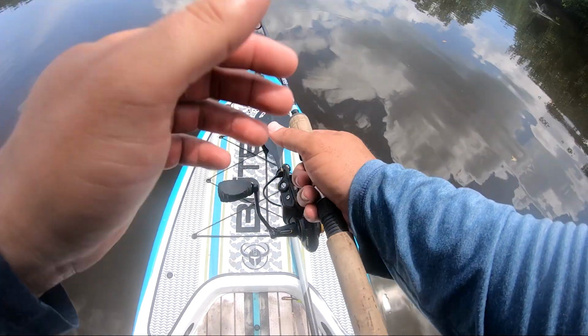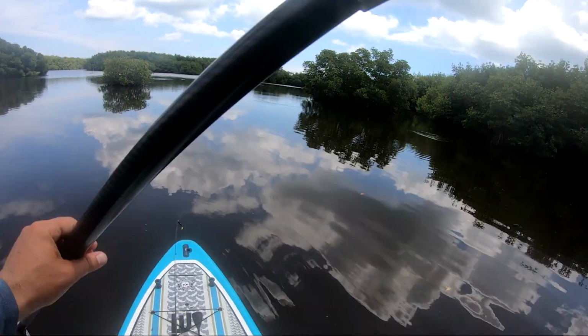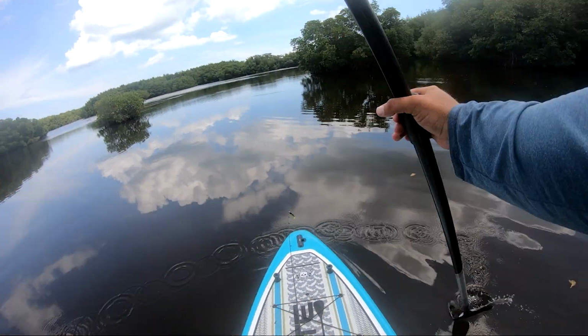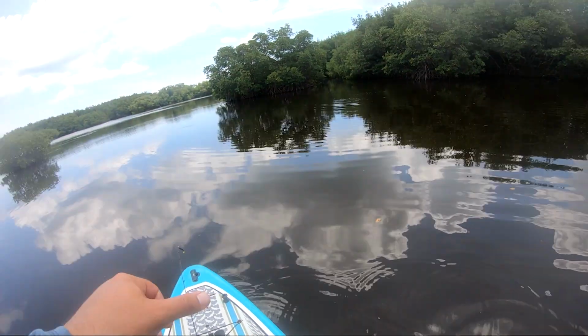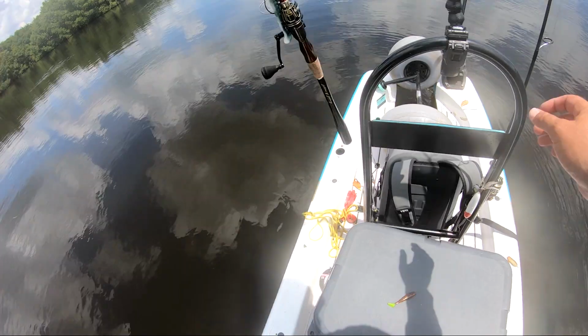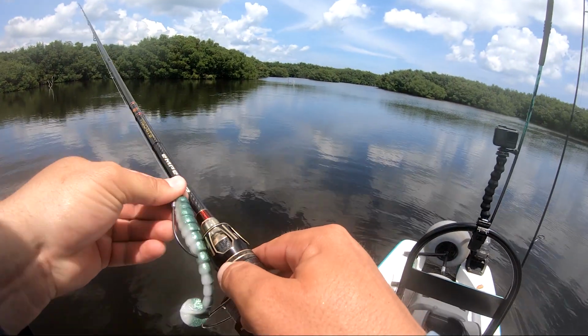All right, there's another tarpon. They're rolling a lot more right out in front of me. I'm just gonna push up to basically where this little mangrove head is. I'm gonna drop the pole down. On my 3000, I've tied on